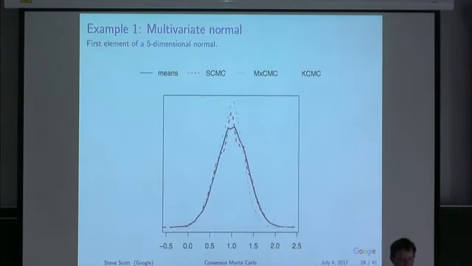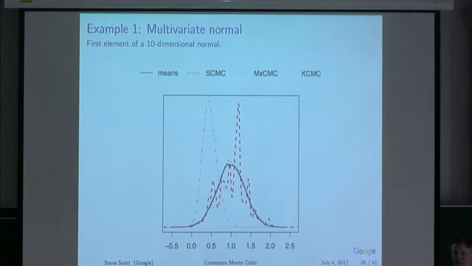So in the multivariate normal example, I'm going to do one with dimension 5, one with dimension 10, and one with dimension 20. And in each case, I'm just going to look at the first ordinate, so whatever x1 happens to be. And in this case, I'm showing you the results of the consensus Monte Carlo where we average the draws. That gives us the right answer. SCMC is the sequential consensus Monte Carlo. This is the particle thing. The kernel consensus Monte Carlo, this is the Nieswanger kernel density estimate idea. And then the mixture consensus Monte Carlo, this is the new Dirichlet process mixture thing I just described. And they all do great, right? So in 5 dimensions, things work great.